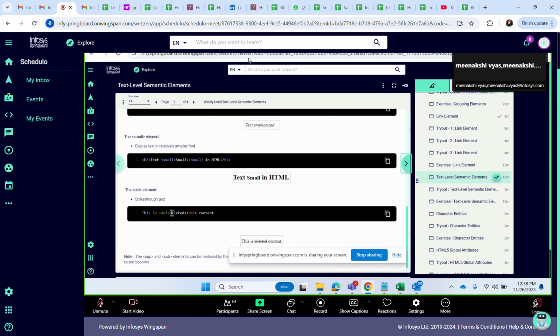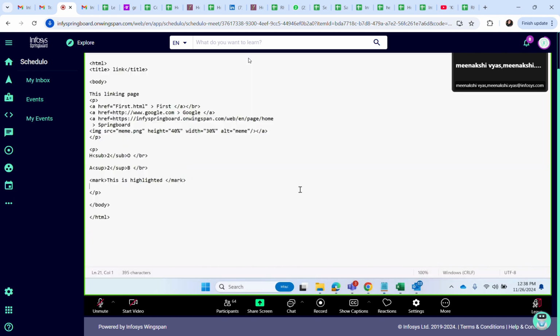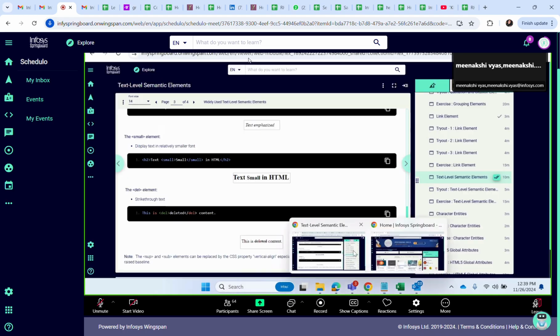So there are two more tags, that is del and strike through. Let me write BR. So if I write del, it shows the deleted text. You know, sometimes you intentionally want to show that I have written this and I have deleted this line or this word. So you can write in del.